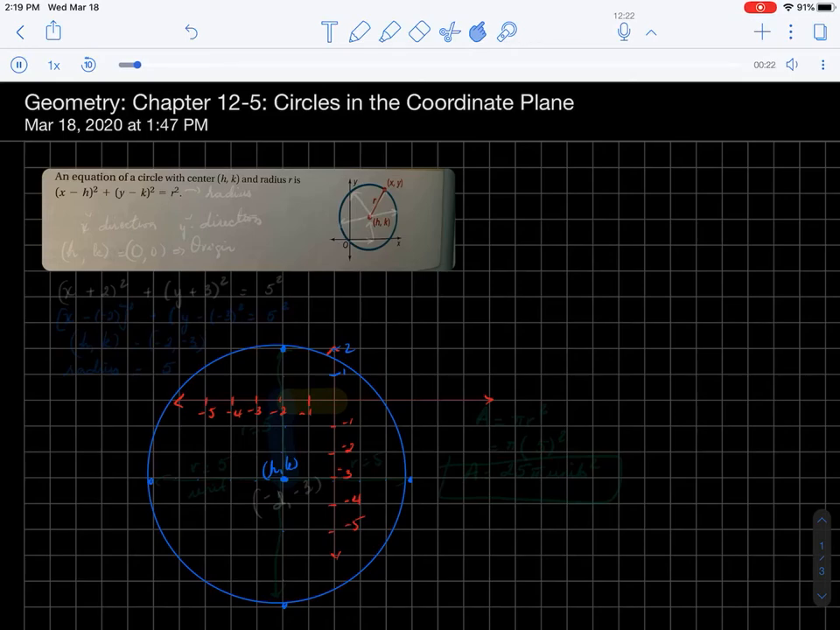Remember, there is a standard form of a circle. Remember, your H and your K basically tell you where the center of the circle is. Okay? It tells you where it is. H is in the X direction,